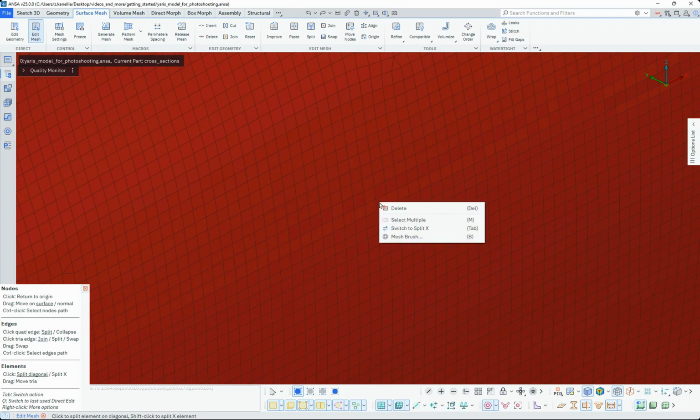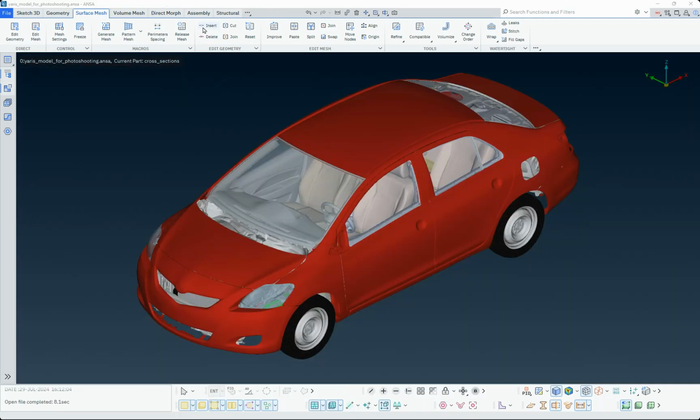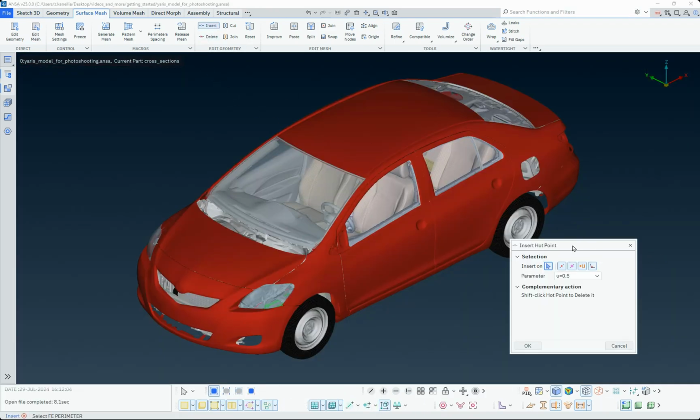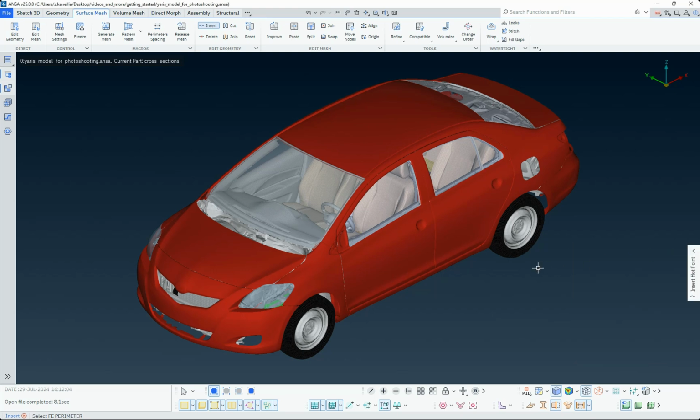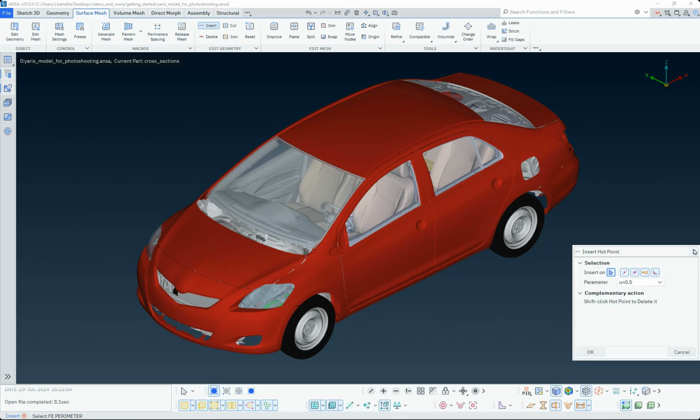Different functionalities are available each time by right-clicking, based on the highlighted entity. The main functions can be accessed through contextual windows, which can be docked in the right dock area. These windows can be minimized, expanded, set to auto-hide, and customized with additional options for each function.